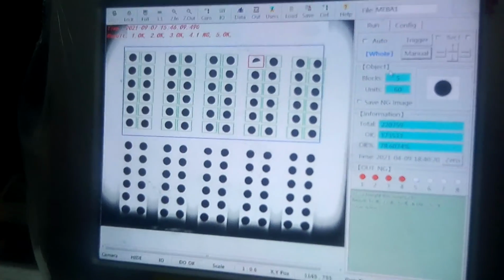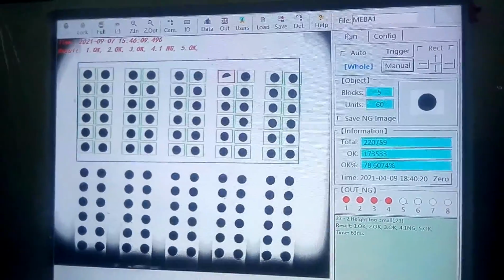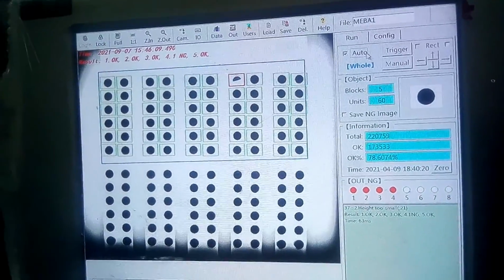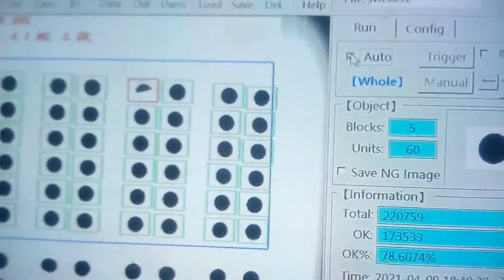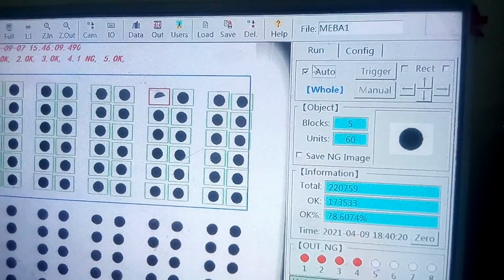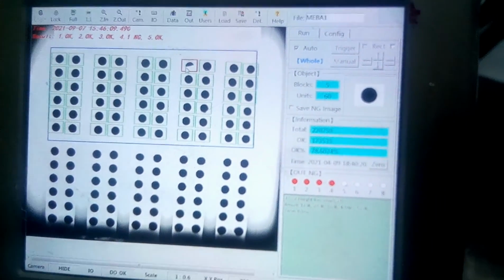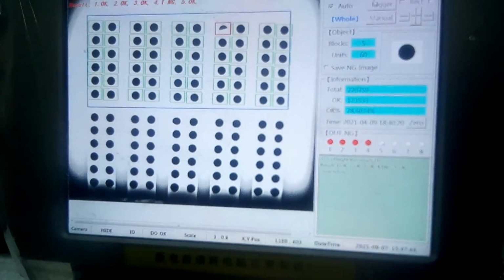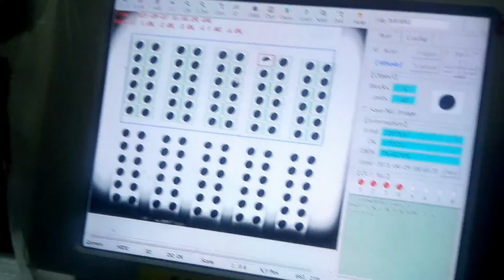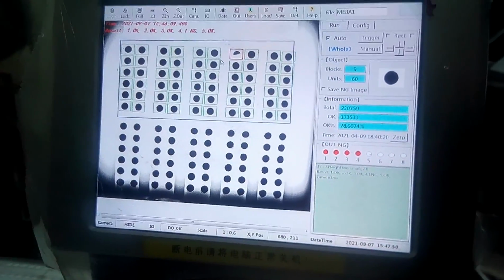I think the next maybe color. Then at the end, it should be in auto mode. It should be auto, so that it should run and work automatically. About the color, the configuration, I mean, color when there is